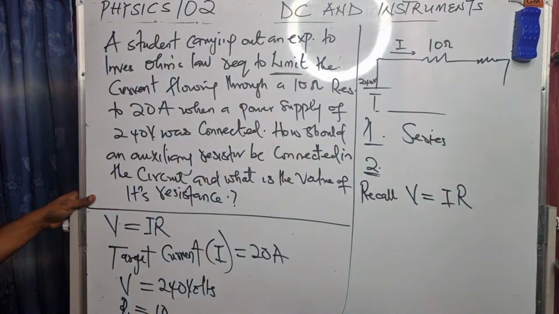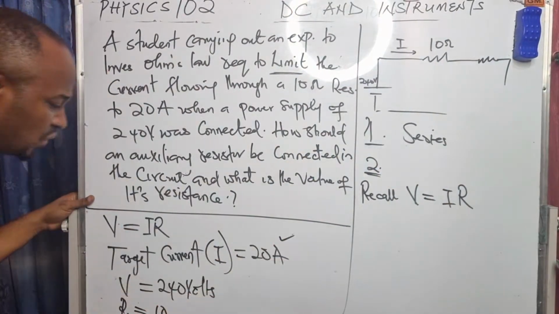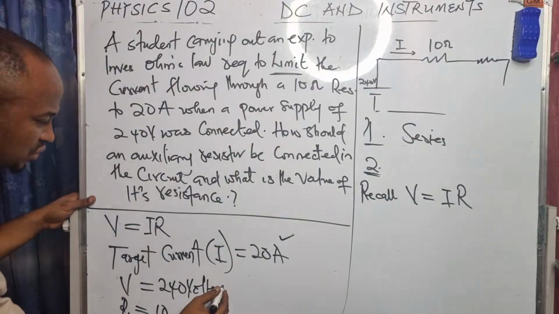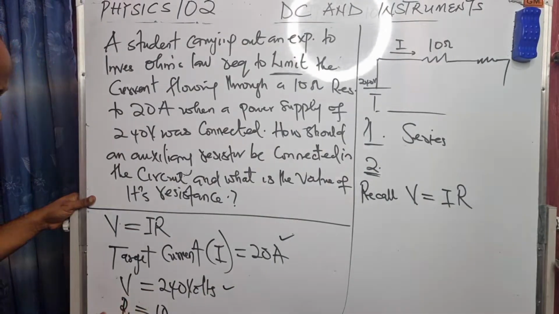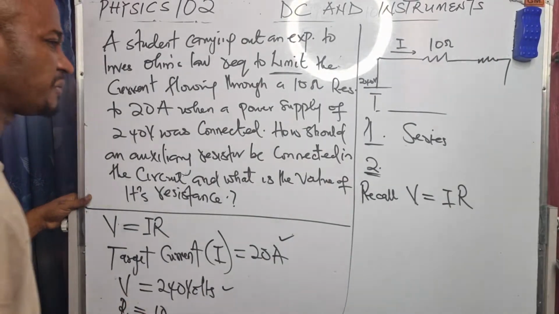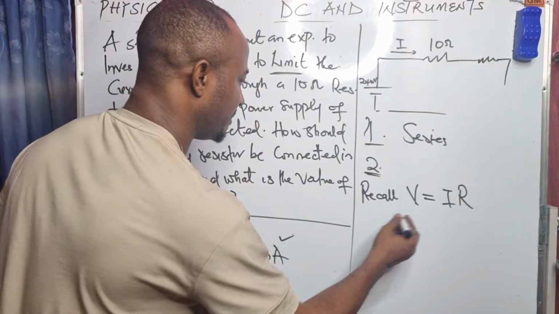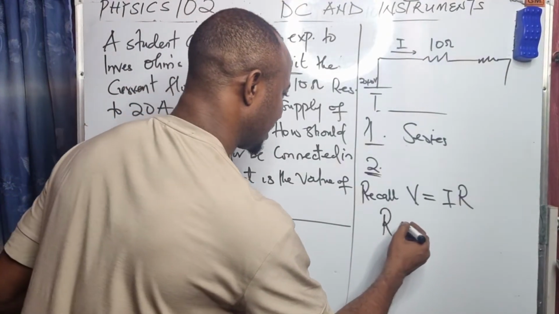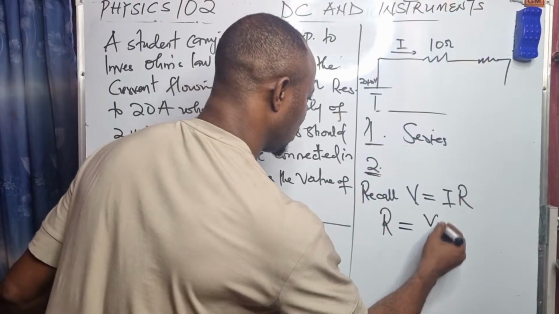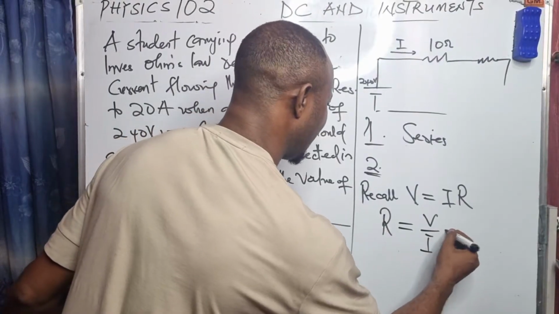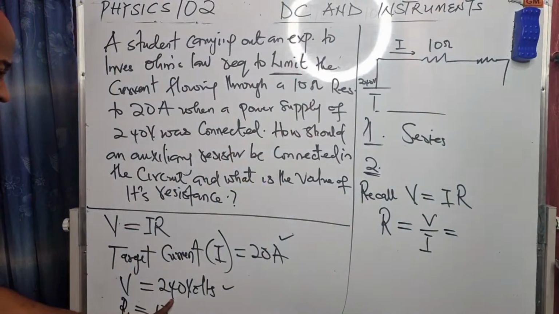Here we are given our target current to be 20 amperes and our voltage to be 240. So we find the total resistance. From here, our resistance R is equal to V over I. That will give us, with our voltage of 240,